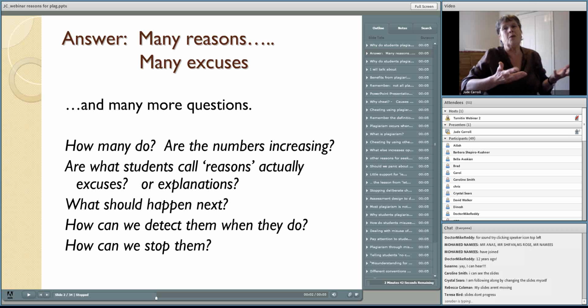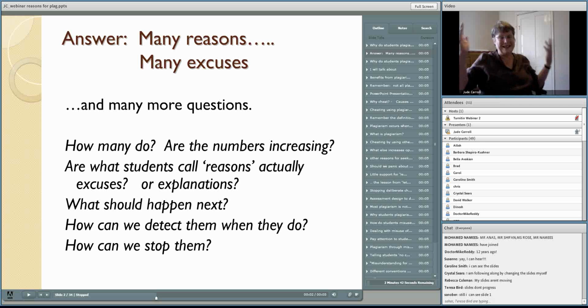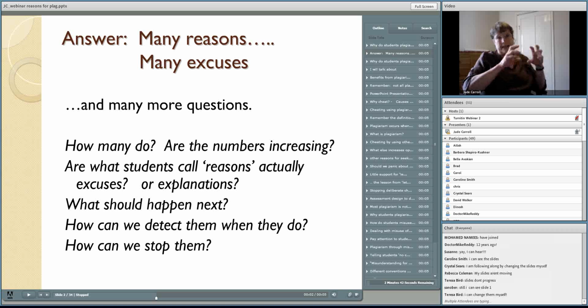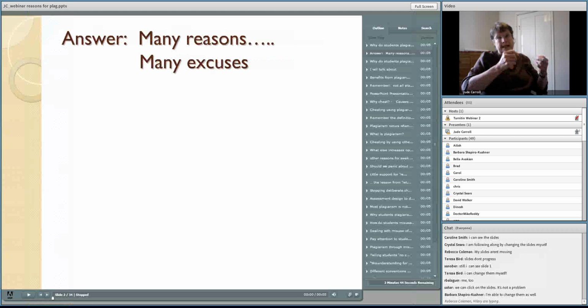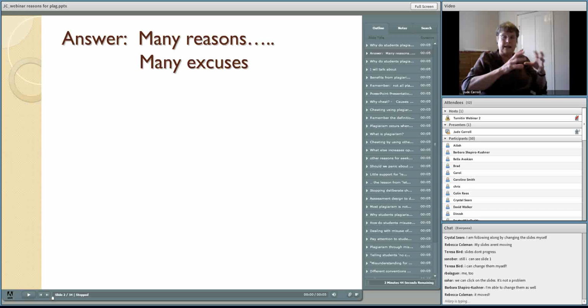I'm going to talk without worrying too much about the slides because I've said this so many times I can say it without a slide. I'm going to talk about the reasons that are in the past that lead to students plagiarizing. And I'm going to talk about some of the benefits that students hope to achieve by plagiarism. I'm also going to remind you that there is a tip sheet that Jill has created, and the tip sheet has a lot of these ideas in them. So the sheet she's going to show you at the end of this webinar will say some of the things that I'm going to say.